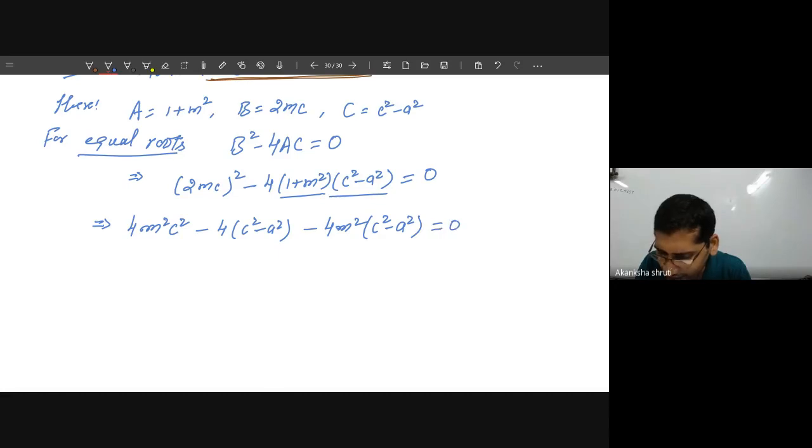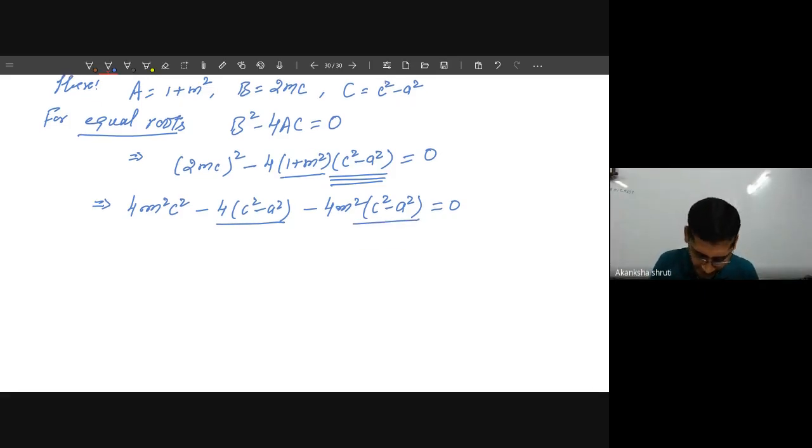We have not done anything. I have applied the distributive property. For this, the 4 is common to both, so even 4 is taken for both. So 1 is multiplied with the second bracket once it is written, 4 will also come here. So this m square will multiply to the second bracket, that is also written here. Okay, student? So this is what I have done.